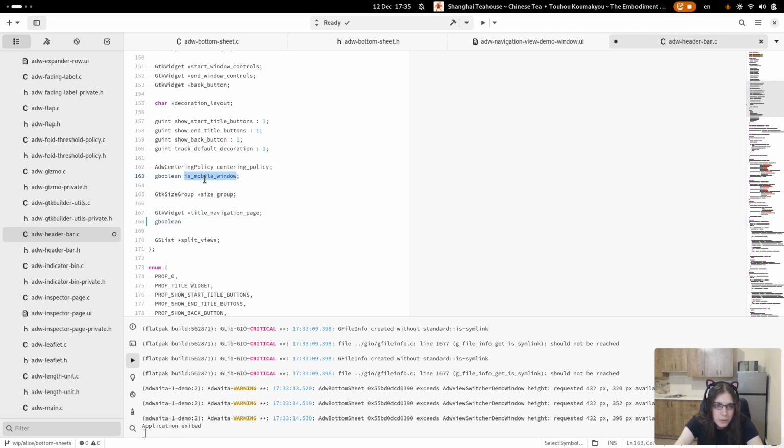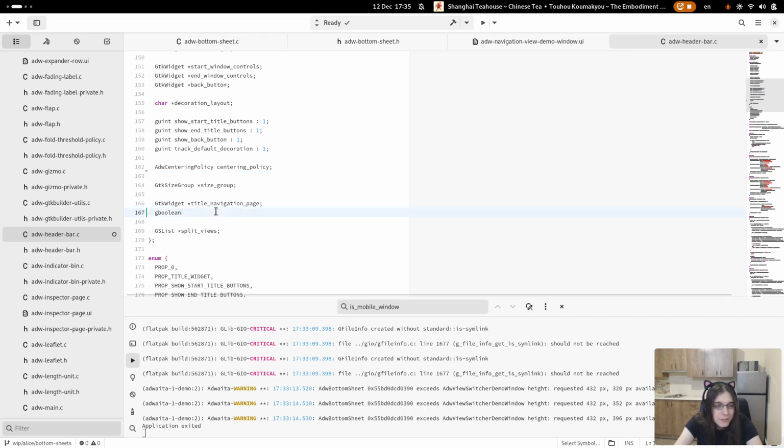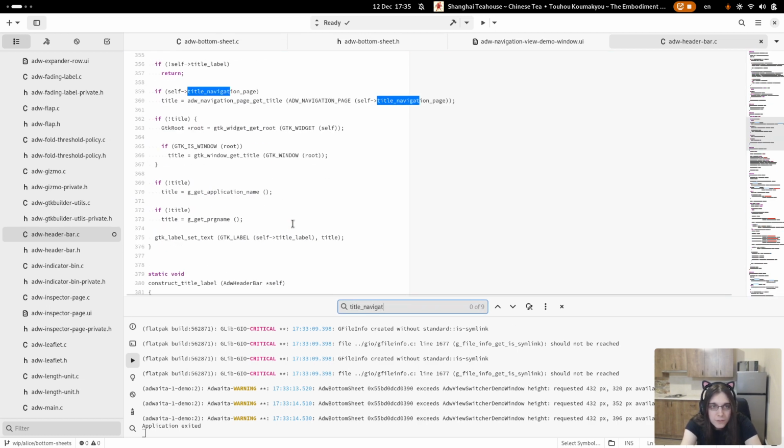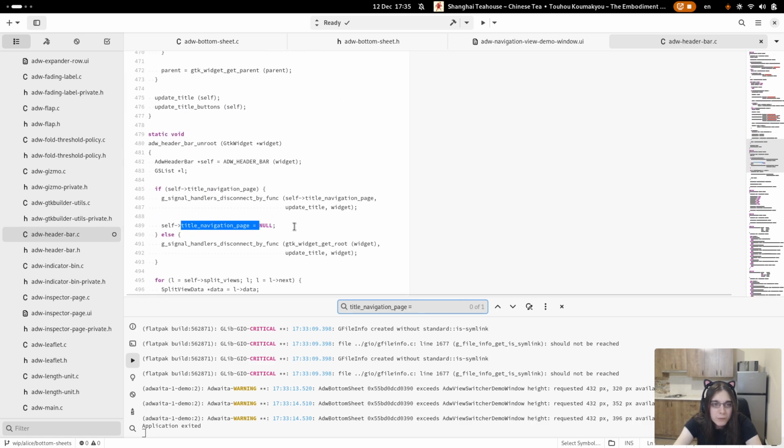Here's mobile window. What even is that? Amazing. It's probably some leftover from Brandy that I never noticed. Is inside sheet. Navigation page. Now we set, well,